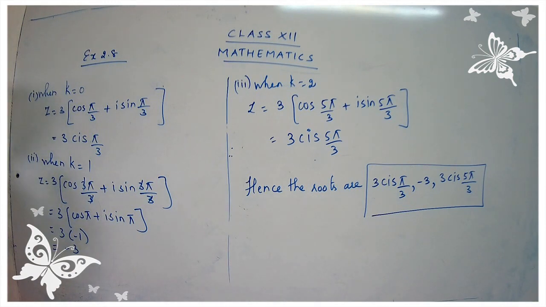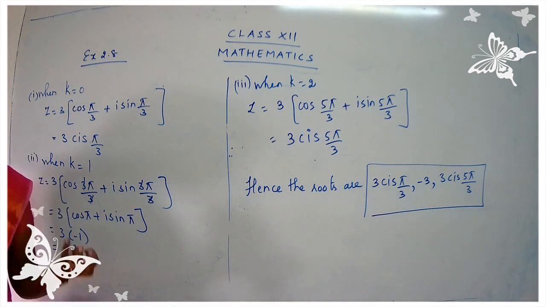Okay. I hope you were clear with the sum. Yes, good. Now let's go to the next question. Let's take on the next question. If omega is not equal to 1 is a cube root of unity, show that the roots of the equation z minus 1 the whole cube plus 8 is equal to 0 are minus 1, 1 minus 2 omega, 1 minus 2 omega square. So you have to show, they have given you the equation, and what we have to do is find out the roots, and they have given you the values for the roots. What are the roots? It's minus 1, 1 minus 2 omega, and 1 minus 2 omega square.